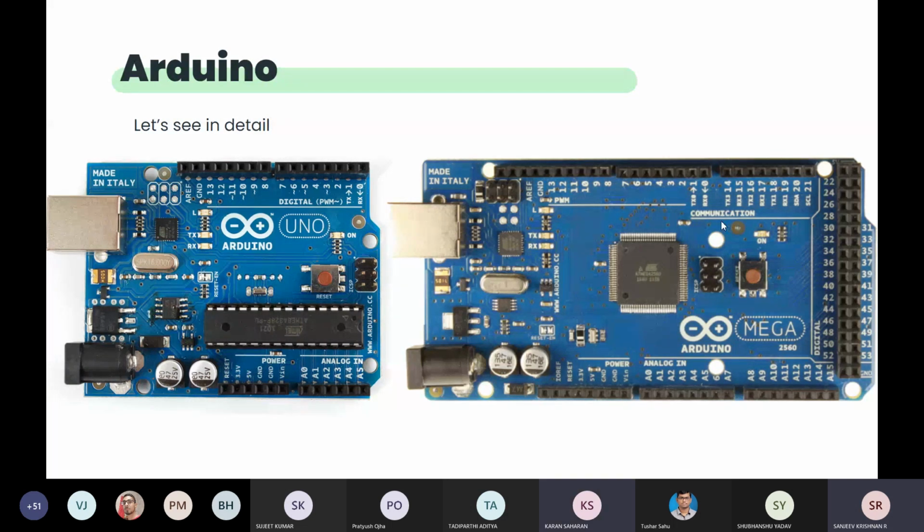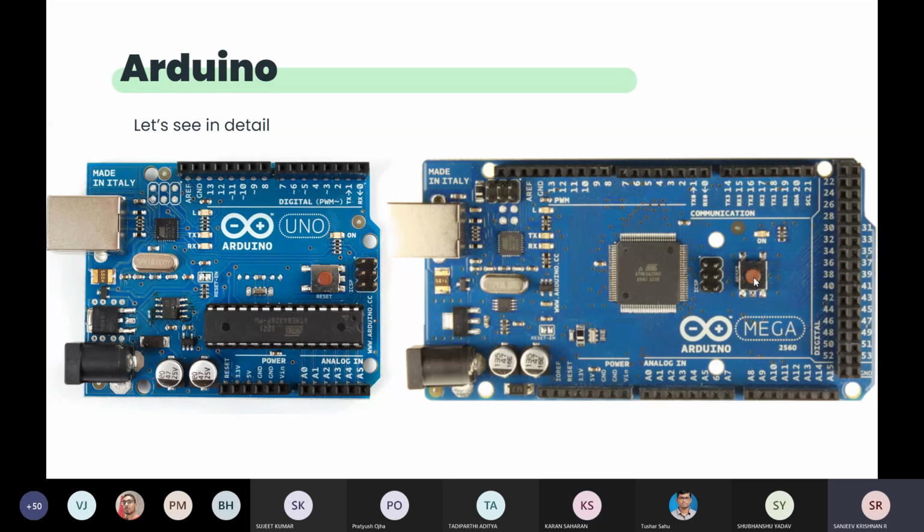Sir, the 5 volt and 3.3 volt pins at the bottom are also used for output voltage, right? It is only for potential. 5 volt gives 5 volt, 3.3 volt gives 3.3 volt. Other pins we can manage, we can make them high or low, but this 5 and 3.3 is constant. From the moment your Arduino is powered, it will give 5 volt output and 3.3 volt output. We cannot control it. It will constantly give out power.